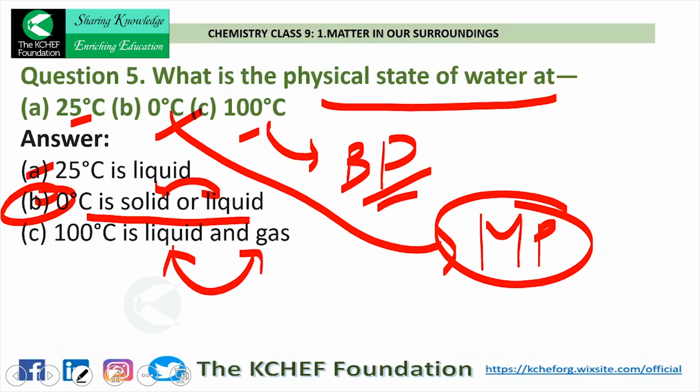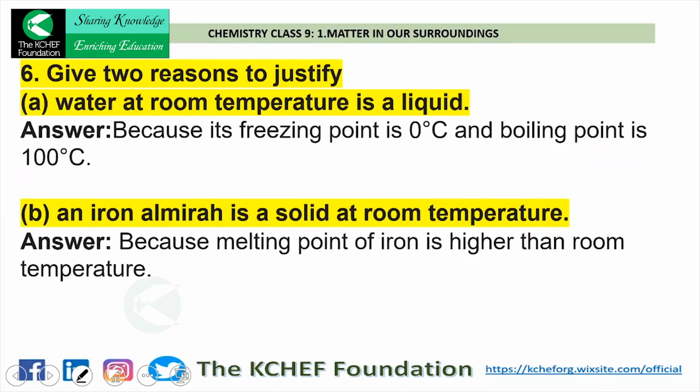Above 100 degrees Celsius, it's definitely gas, and below 100, it's liquid. But at 100, it's liquid and gas. Very important question again. This is confusing. Moving on to the sixth question. The sixth question says, give 2 reasons to justify. Again, I have highlighted this question as it is a give reason question, and you can expect such questions in